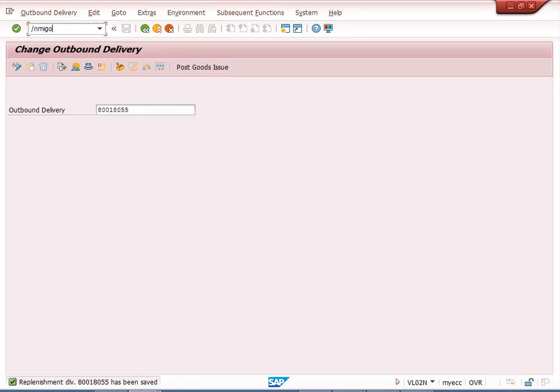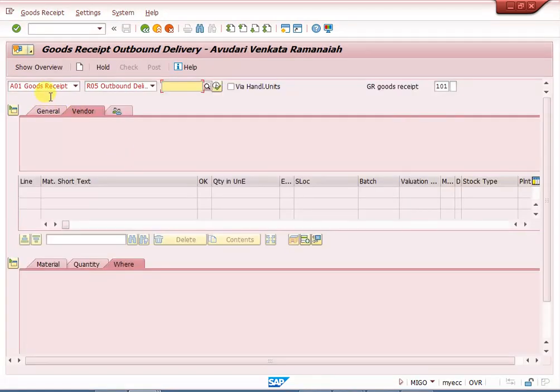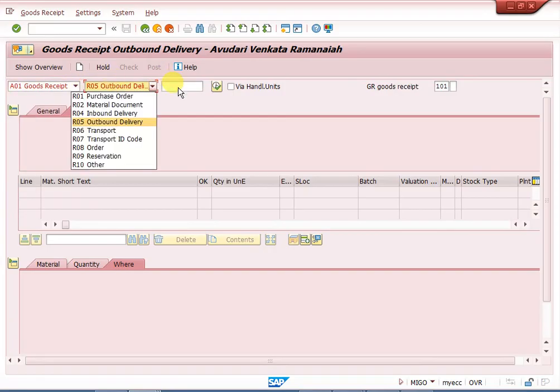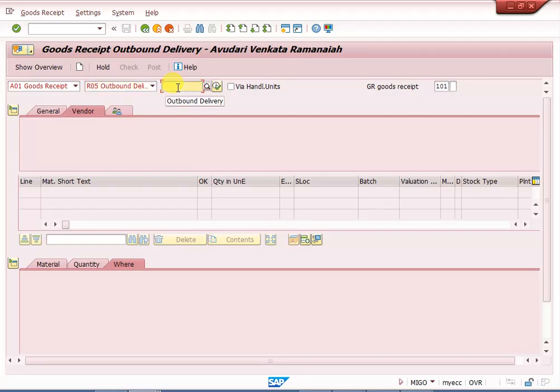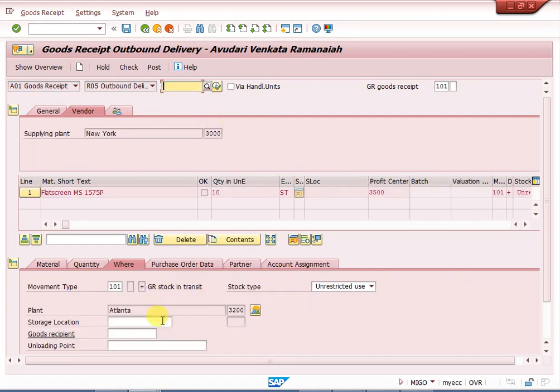MIGO. Here goods receipt is there. First you can take the goods receipt. Check outbound delivery, enter the outbound delivery number here and execute it. Once you have executed it, enter at which storage location level it will come, the 3200 level.